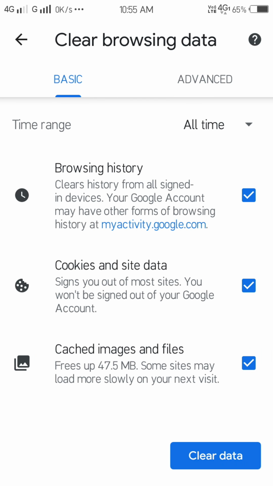Under this option you have three sub options. First one, browsing history. Second one, cookies and site data. Third one, cached images and files. By default, all sub options are checked. If any of these sub options are unchecked, in this case check all manually and click on the clear data button.